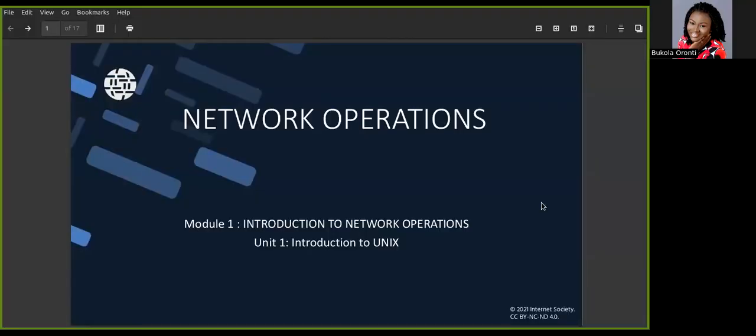Now, let me share my screen so that I can use a slide that is available for this. I hope my screen is visible. Apologies, I'm trying to hide this.